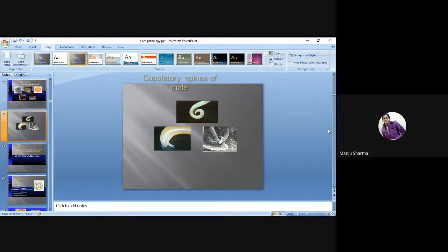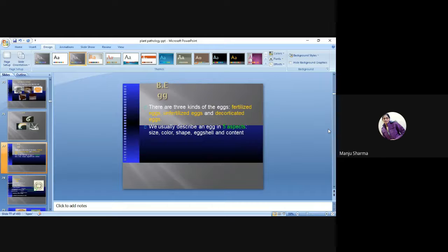These are the copulatory spicules of males. For eggs, there are three kinds: fertilized, unfertilized, and